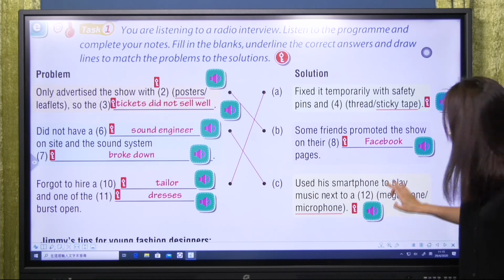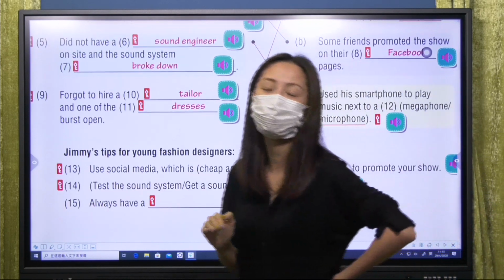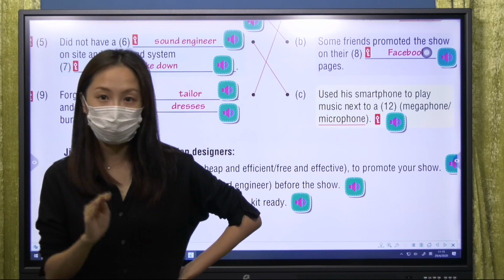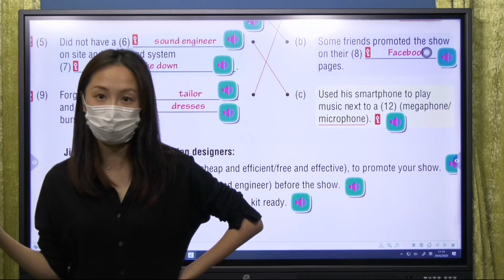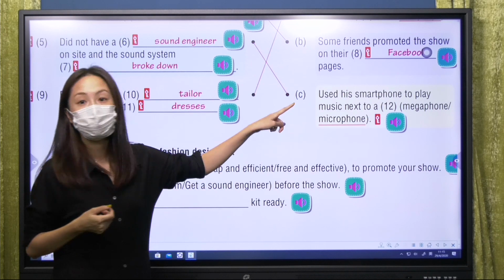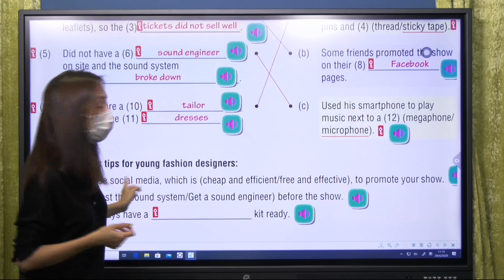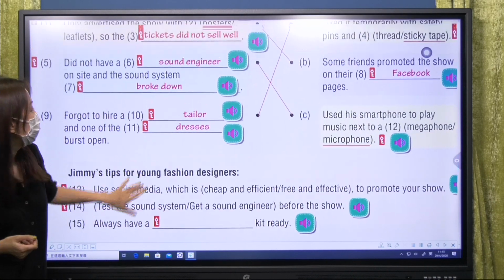Okay, and then now let's go to number 13 to 15. So this is the most difficult part because if you don't read through the question before the recording starts, you will miss these three because it doesn't happen after number 12. Okay, so for the first one, number 13,